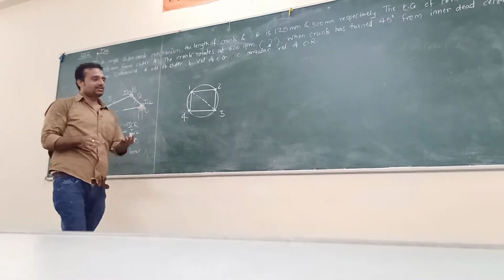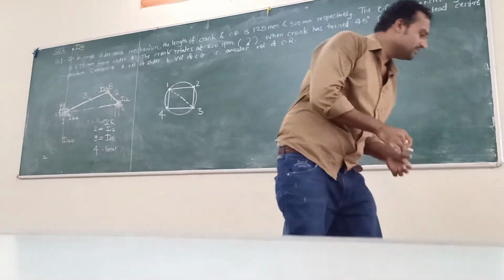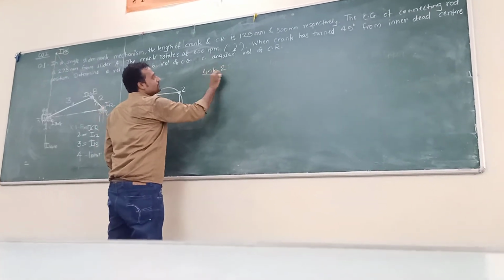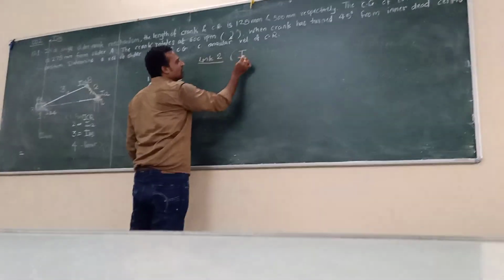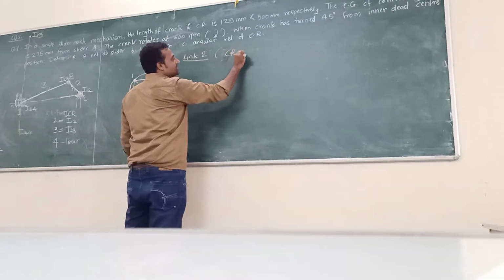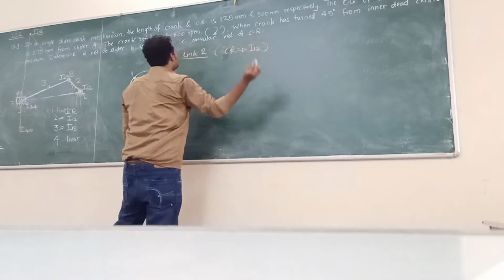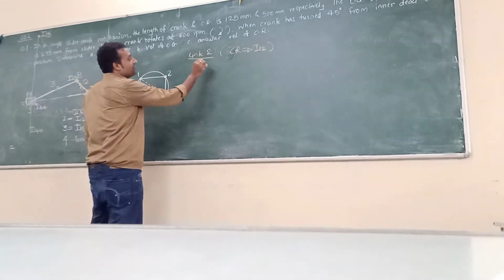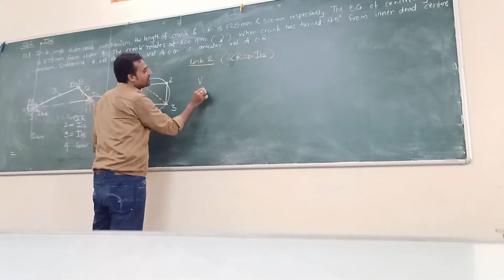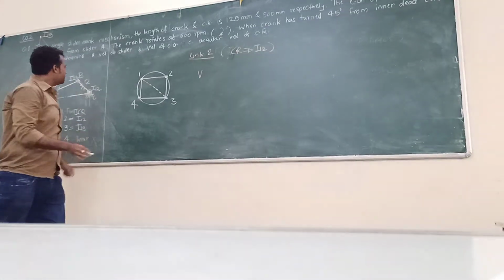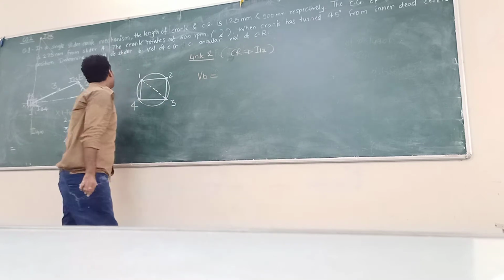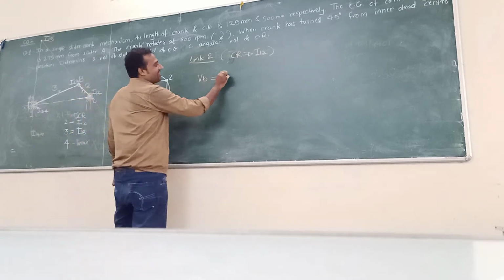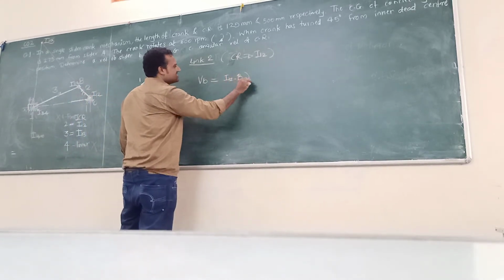After locating I13, we can analyze this problem. We will start with link number 2, and link number 2 has its center of rotation at I12. As we have done in the relative velocity method as well as the plane construction, we can write here the velocity of point B. So VB is equal to r times omega, where r is the distance between the center of rotation I12 and B. It is the same as OB.